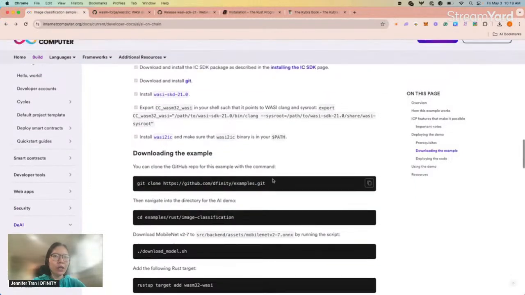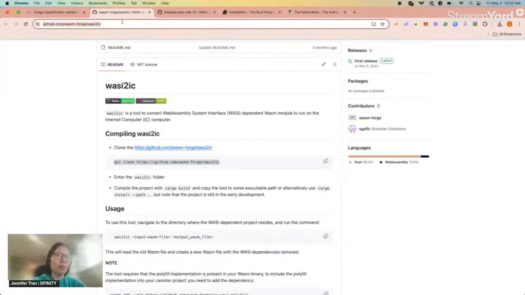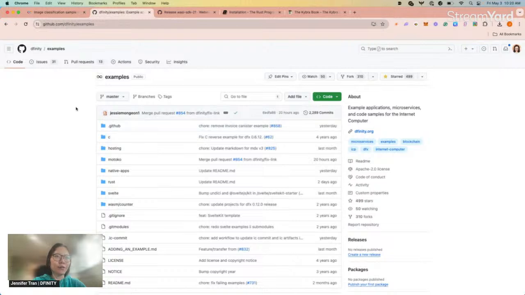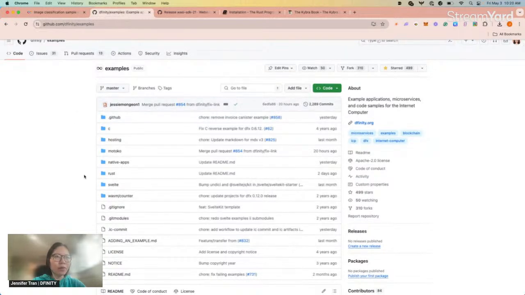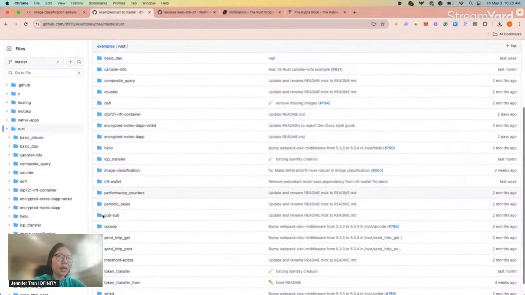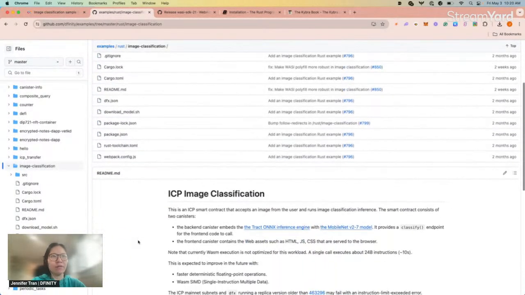So what you could do as the next step is the example is in this examples file. So you would do git clone like this here. But if you want to see the full repository, it's at github.com/affinity/examples under Rust, where there should be an image classification example, and this is the full example.